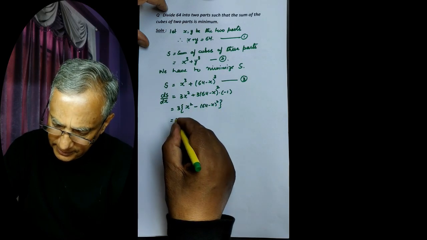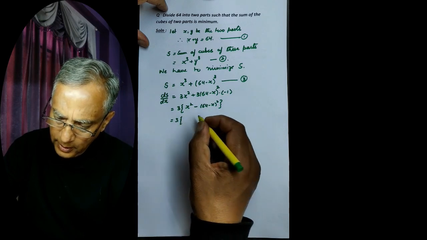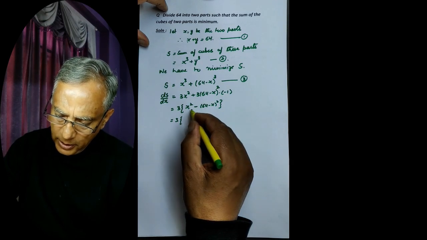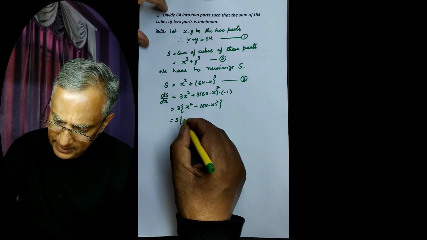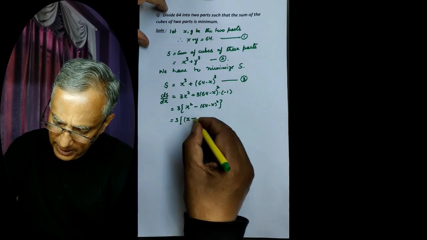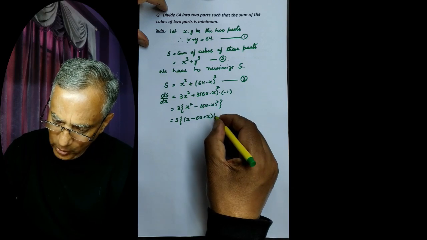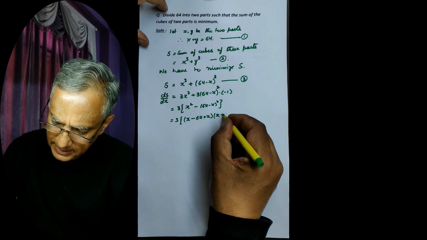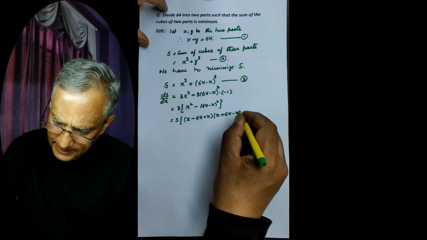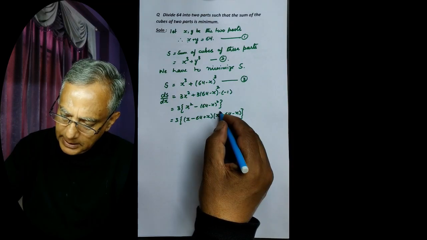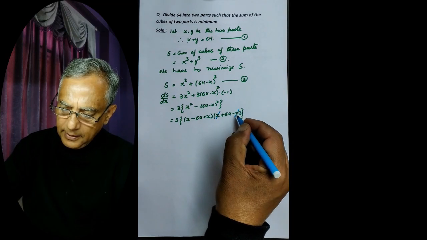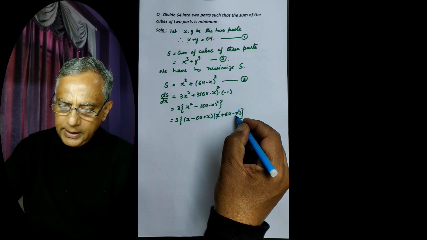Now simplify this. This is of the form a square minus b square, which is (a minus b) into (a plus b). This is (x minus 64 plus x) into (x plus 64 minus x). This x cancels with this, and we are left with